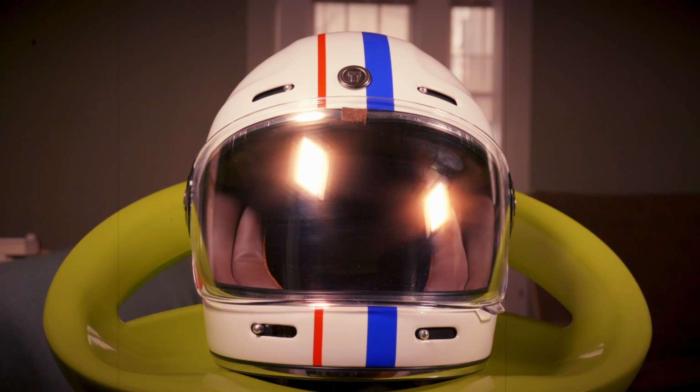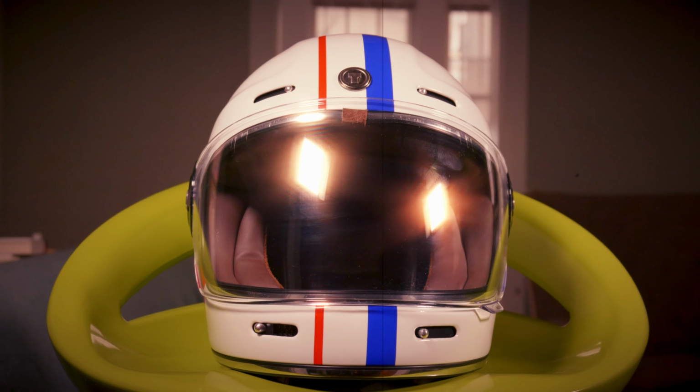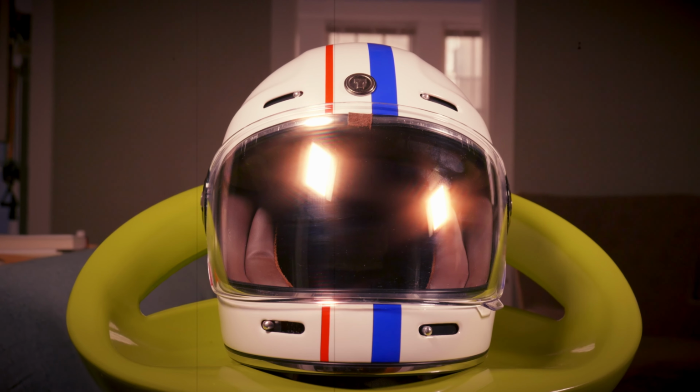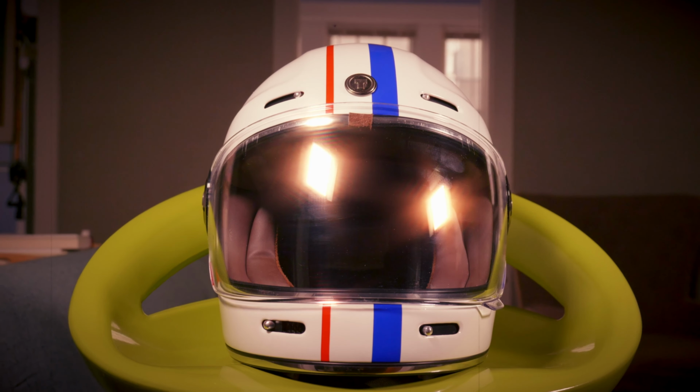Every so often, a helmet comes around that strikes the perfect balance between modern function and vintage form. So geniusly incepted and implemented that it serves as all things to all people with style and need. A helmet that can go anywhere, do anything, and look absolutely smashing doing it. This, the Torc T1,